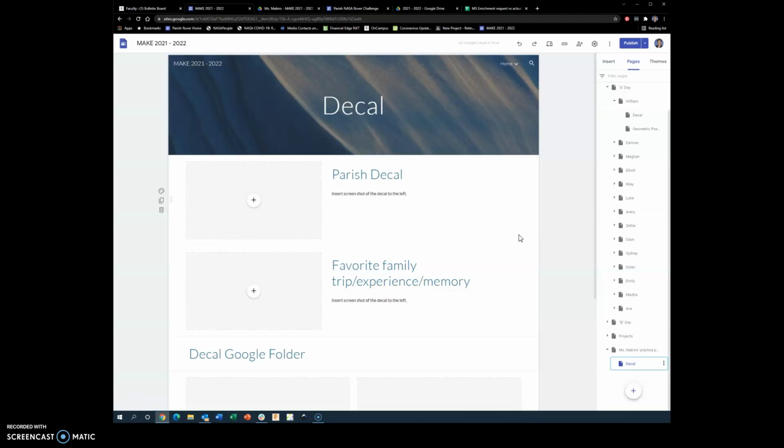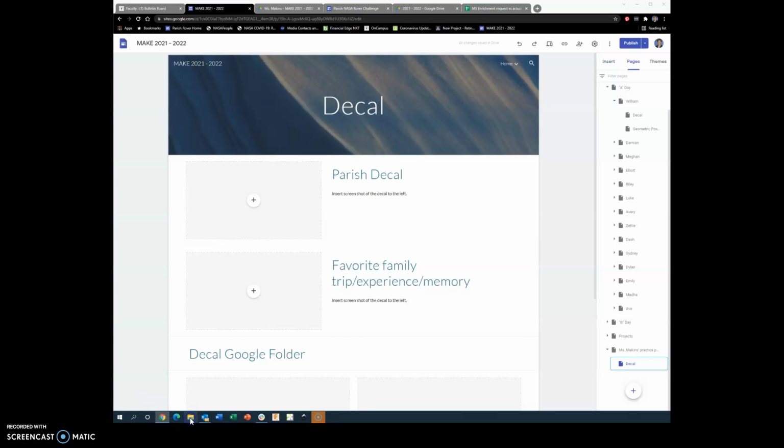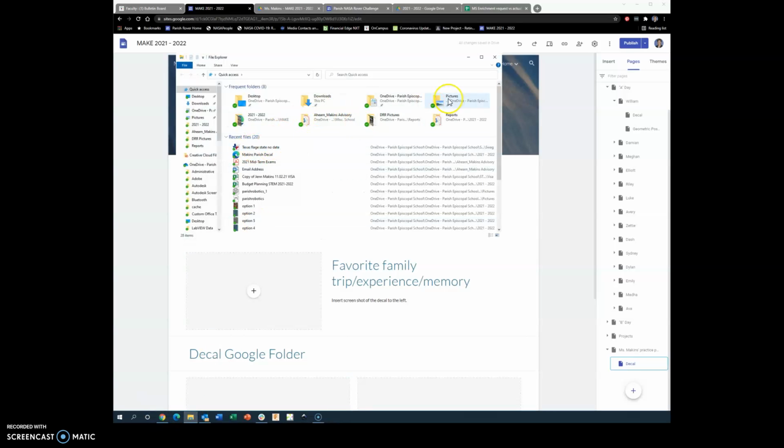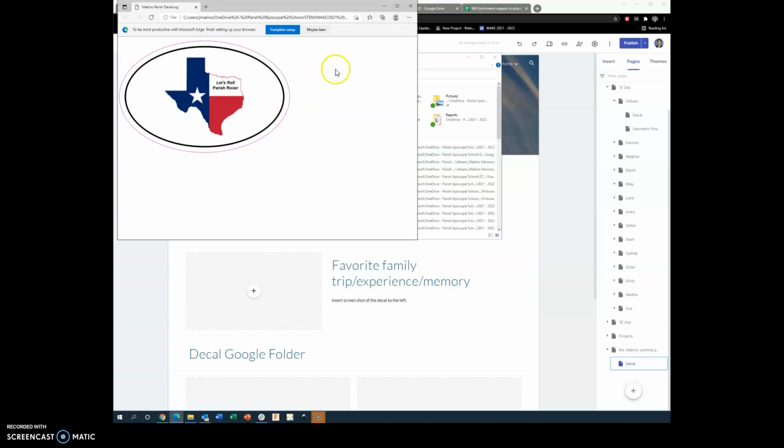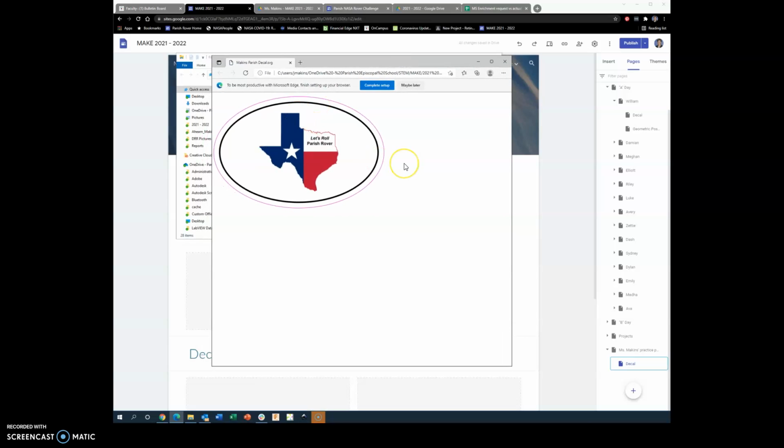Okay, so I've made my parish decal and I need to insert a screenshot of it. Okay, well, let's do that. Let me go back to where I have it. I'm gonna go back to where I have it saved on my computer, and here's my decal, and I'm going to click print screen on my keyboard, and then I'm going